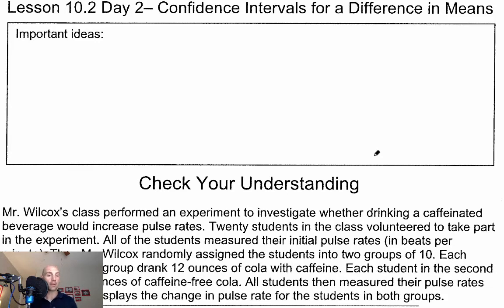Hey, welcome back. Today we're going to talk about constructing a confidence interval for a difference in means. Now, this would be if we have two different samples where they each have a mean, and we're trying to figure out, is the difference significant? That's ultimately where we're going. And so what we're going to be doing today is constructing those confidence intervals given a difference of means from